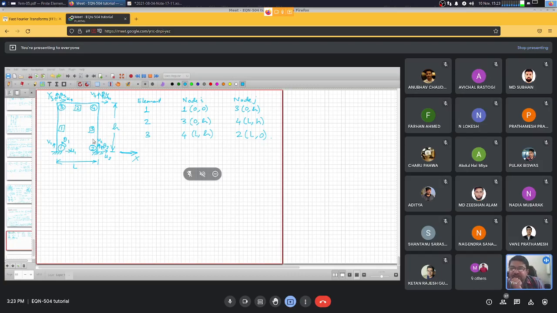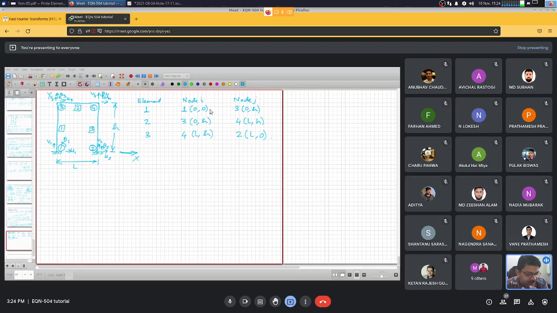So we consider this simple portal comprising 3 members, 3 elements, and this is the mesh connectivity using Euler-Bernoulli beam elements. For simplicity, we are only using a single element over the entire span, although it is prudent to use at least 2 elements to model one span, right? But just to drive home the point conceptually, the issue that we are discussing of rigid diaphragm action and what is happening with rigid diaphragm action, this should serve the purpose.